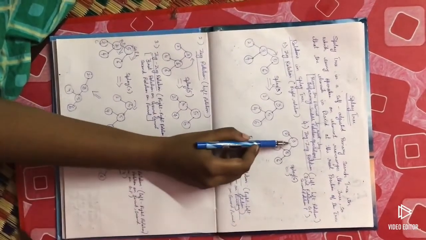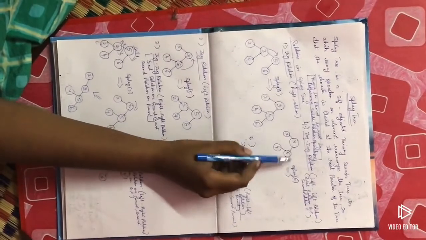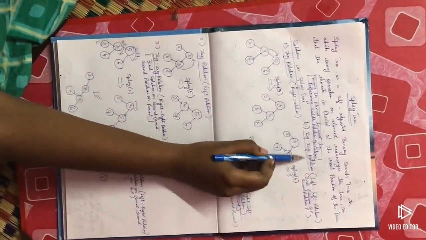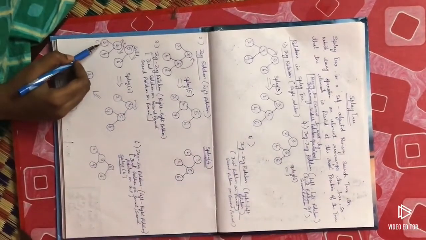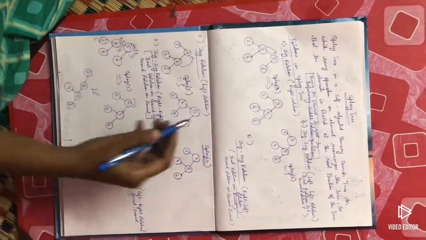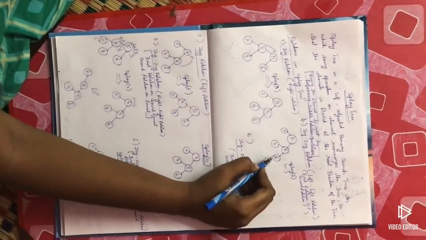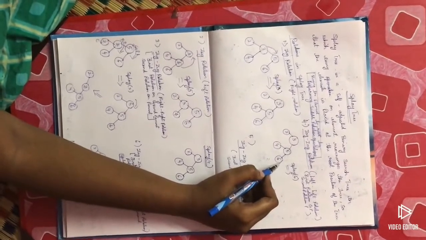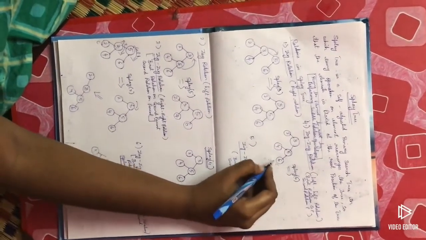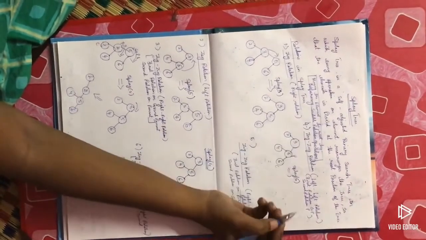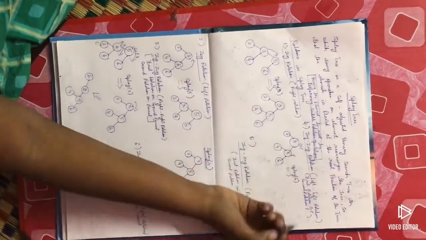So zag-zag rotation means what is that? Always when an element is at the right side and we have to splay the element, we use a zag-zag rotation. Always when we need to splay an element at the left side, we will use zigzag rotation. That is a concept. Okay. So here we are going to splay this element to the root, so what do we follow? Zag-zag rotation. So here this is the child and this is the parent, and for this child what is the grandparent? 3 is the grandparent.